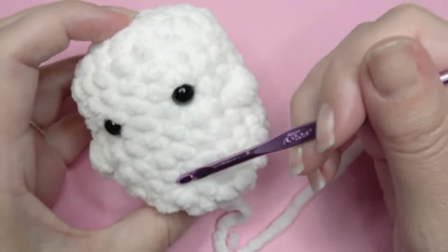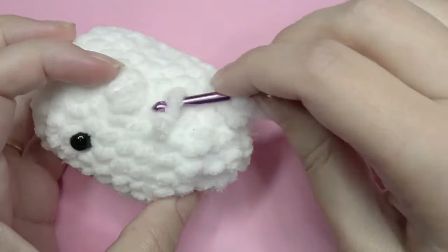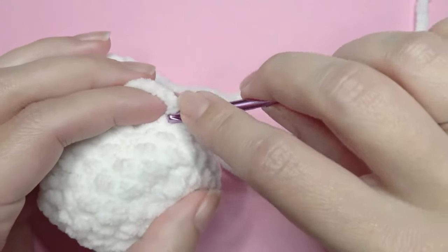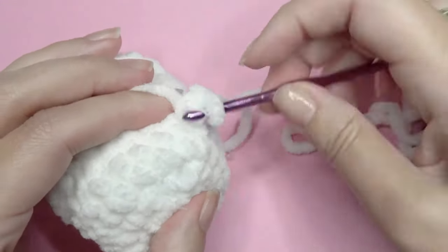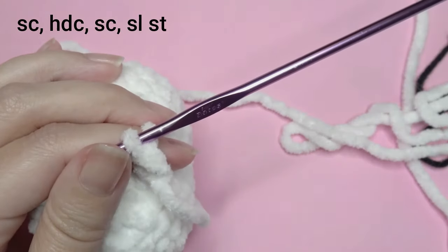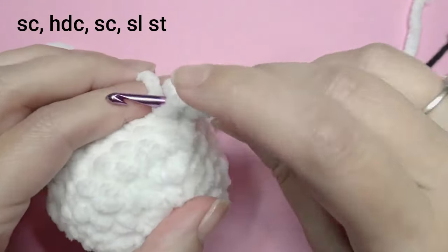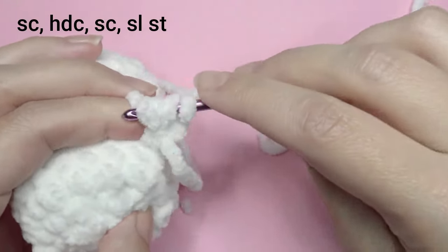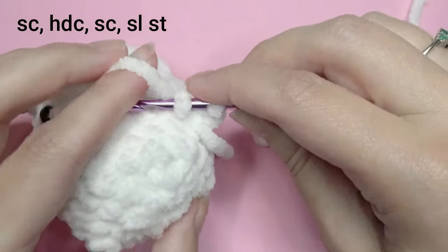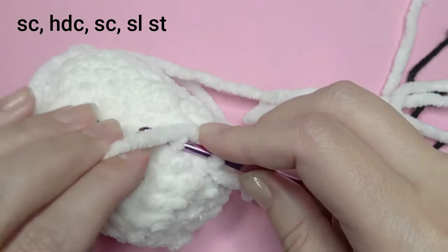Now right up here where you did the back loops, we're going to add a little ruffle. Go back into the back loop, and you're going to slip stitch into it. To get started, you're going to single crochet, and then in the same stitch you're going to half double crochet, yarn over, and pull through all 3 loops, and then single crochet, and then in the next back loop you're going to slip stitch,